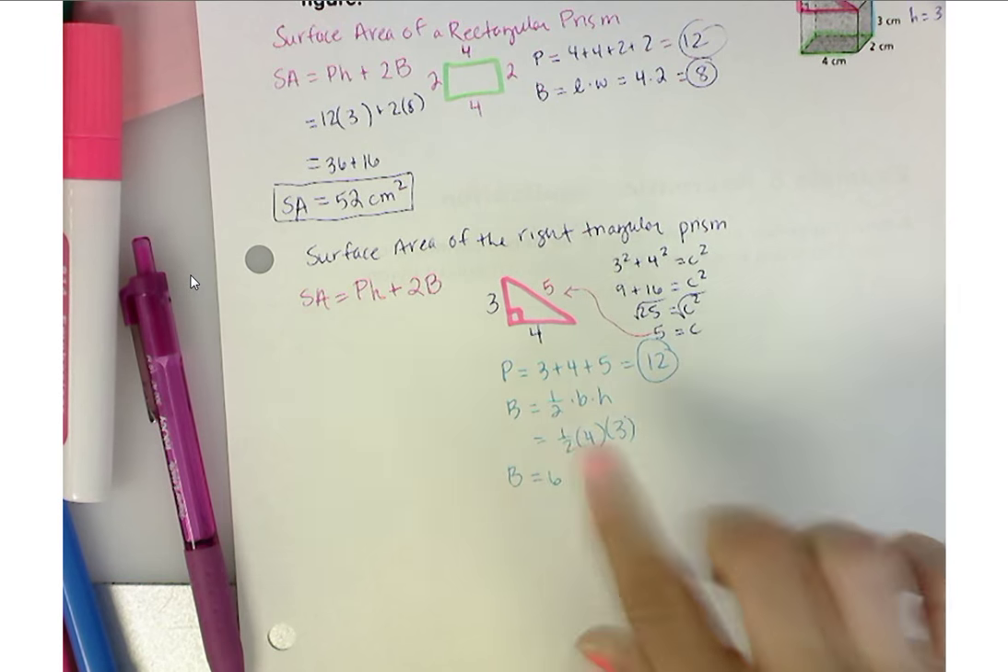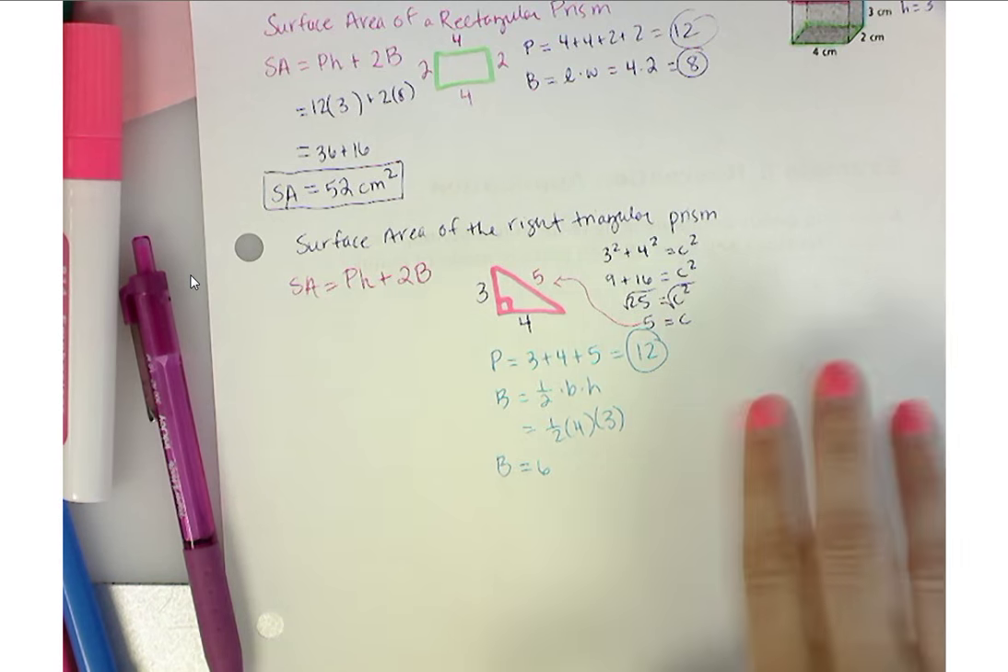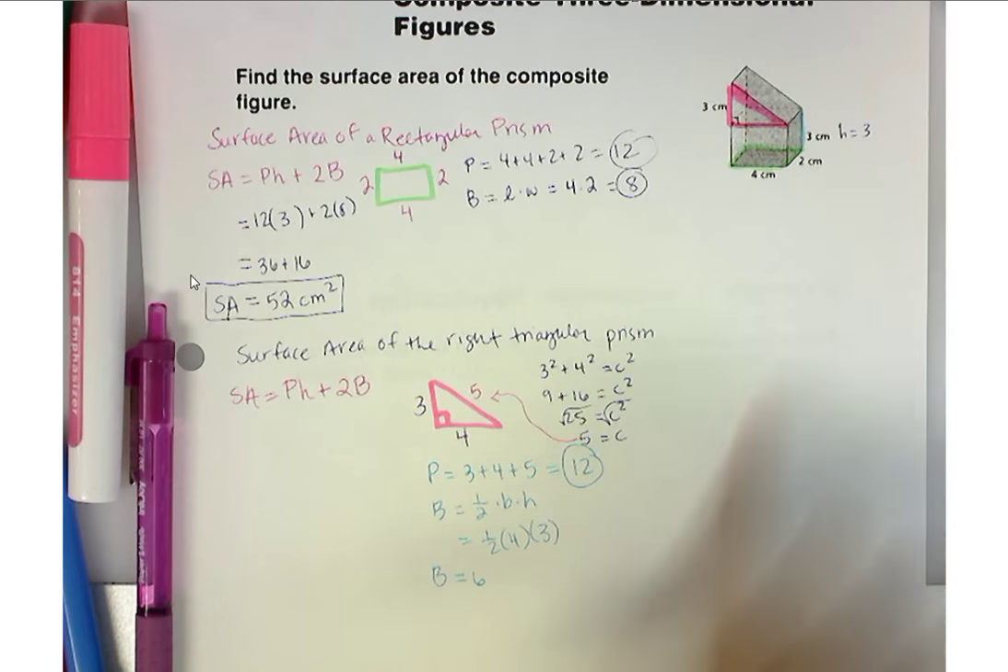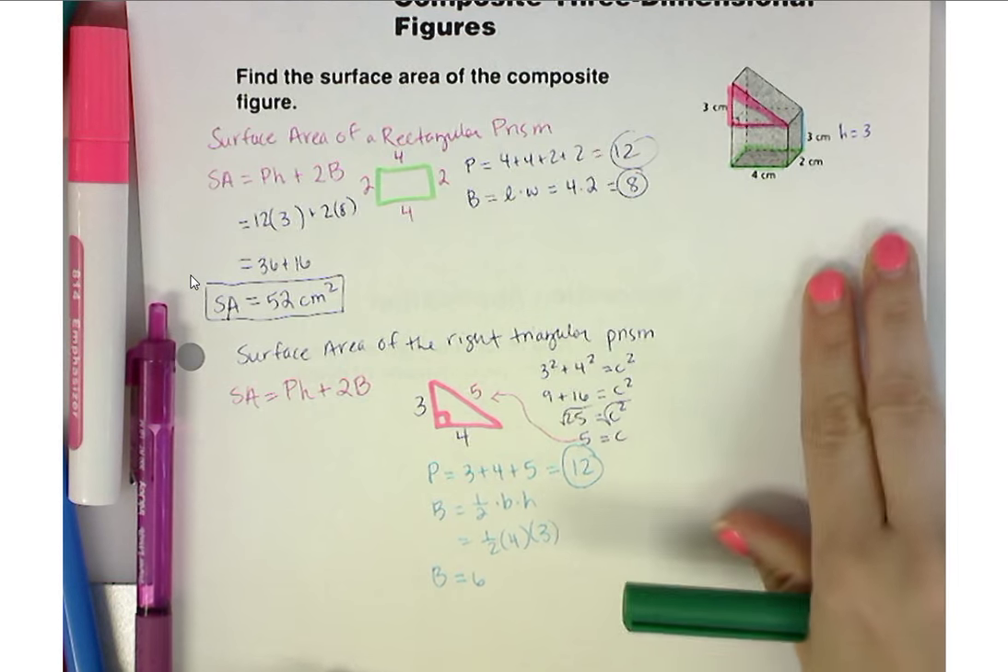6. Okay, so half of 12 is going to be 6. Now, what's my height going to be? Riley, what do you think? What's my height going to be for this? 2. How do you find that? Because if you just flip the top figure over,